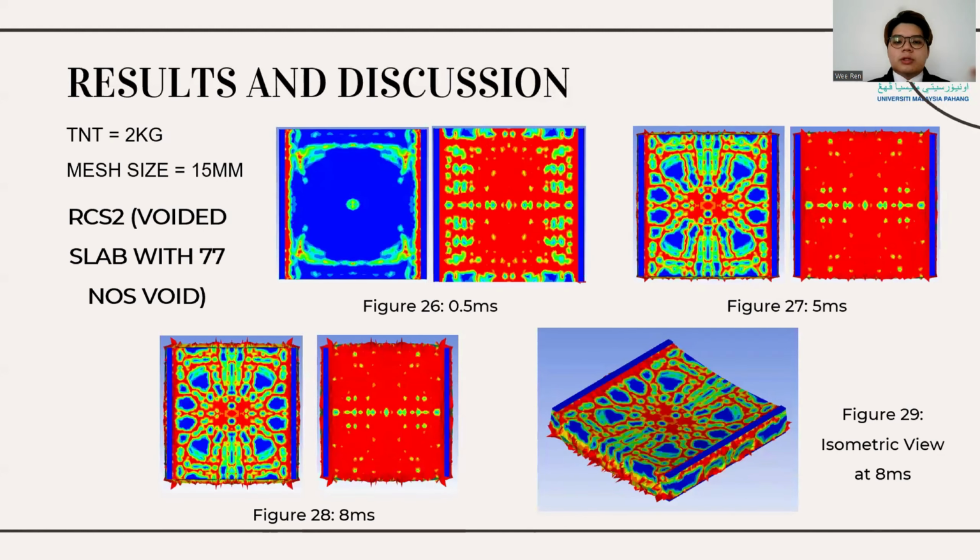Now, I will proceed to the damage pattern of RCS2. It reveals that the crack initially appears in the middle of the slab. Numerous compressive cracks and tensile cracks extend readily across the top and bottom surface of the slab, with the compressive cracks generally shorter in length compared to the tensile cracks. Besides, spalling was observed on the side of the slab. The concrete's poor tension resistance led to a crater of tensile spalling on the rear surface of the slab.